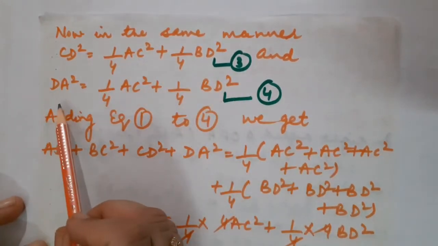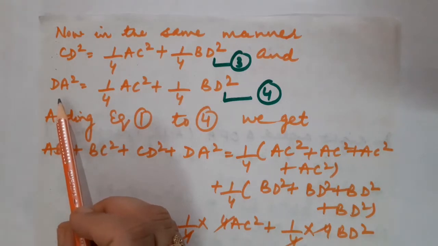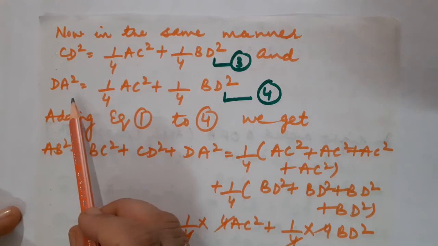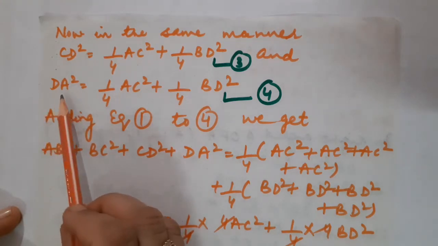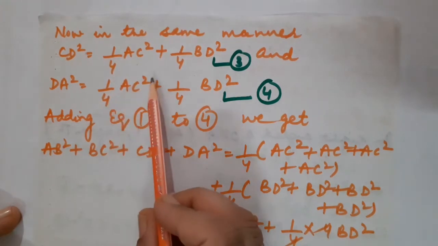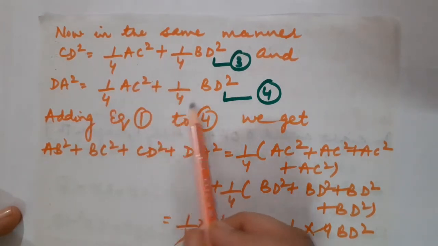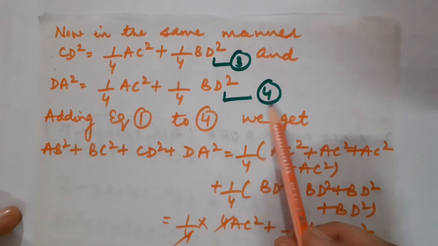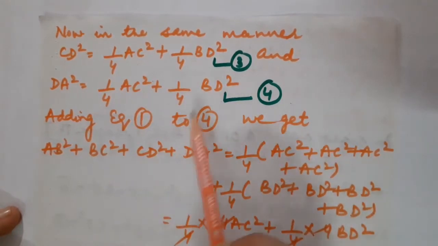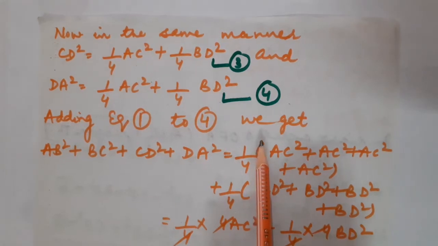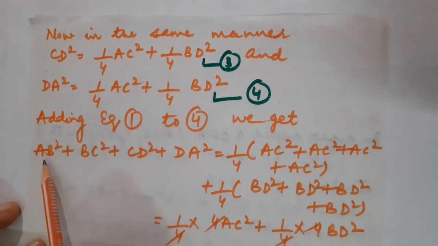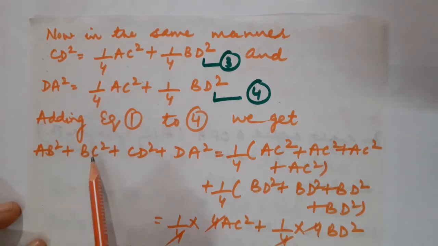Now let us talk about the fourth right angled triangle, that is AOD. So after applying Pythagoras theorem in that particular triangle, I have got DA square is equal to 1 by 4 AC square plus 1 by 4 BD square. So let it be considered as equation number 4. Now children, I am going to add all the 4 equations. Fine. So when I added the left hand side of all the 4 equations, I got AB square plus BC